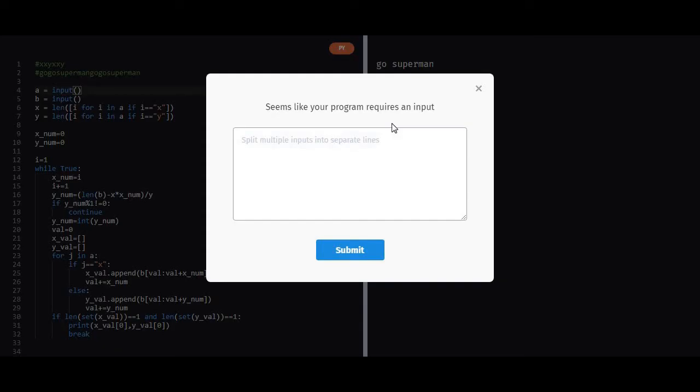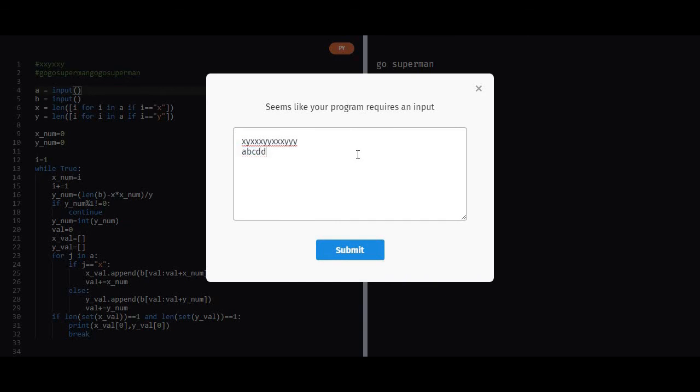Now let us try another input. We can put x as ABC and y as DD, just to check that repetition is not confusing the program.